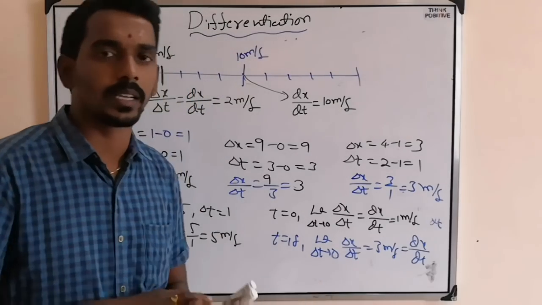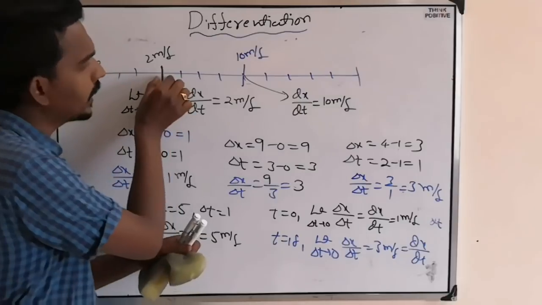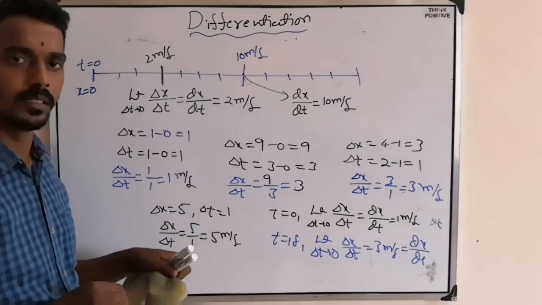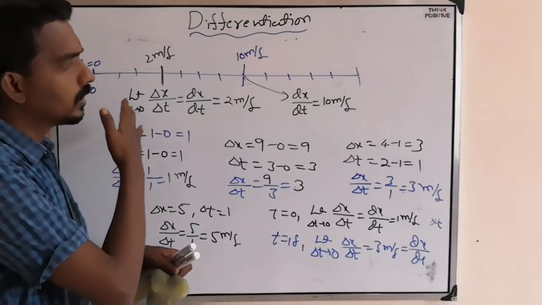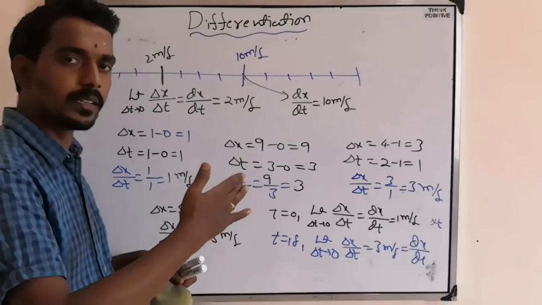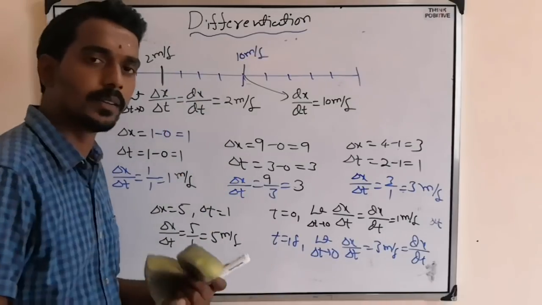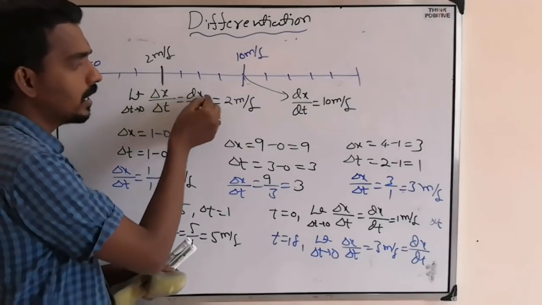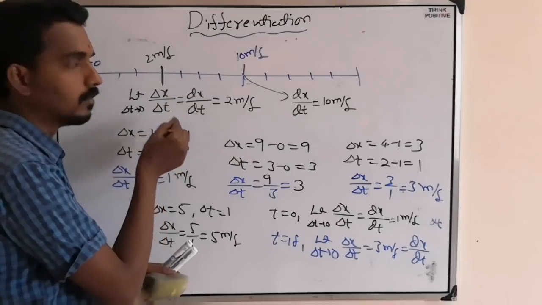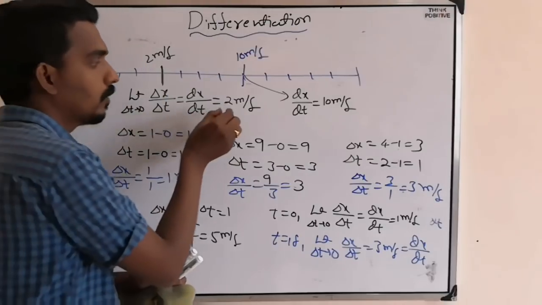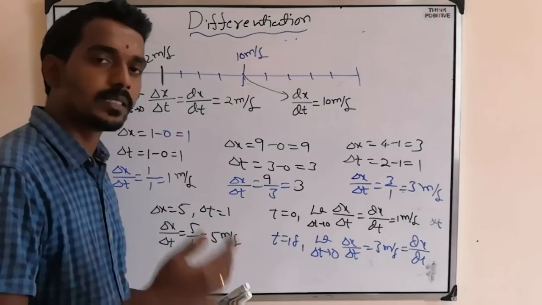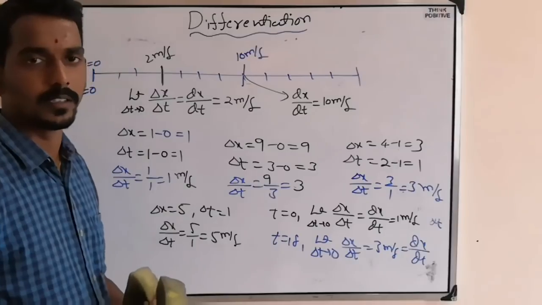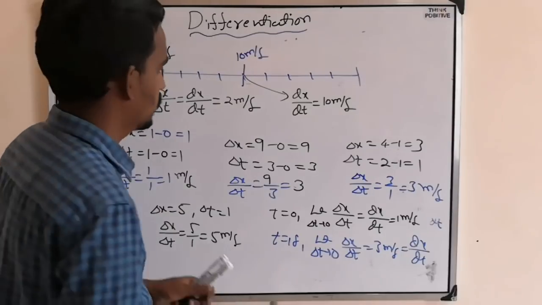So at every instant, the capability of the car to cover some distance is changing. Same duration, 1 second, 1 second. So in 1 second here it is covering 2 meter, here in 1 second it is covering 10 meter. So the capability of covering distance in 1 second is different at different points. So that change in displacement with respect to time at that particular instant, we call it instantaneous change. What is that? Instantaneous change.